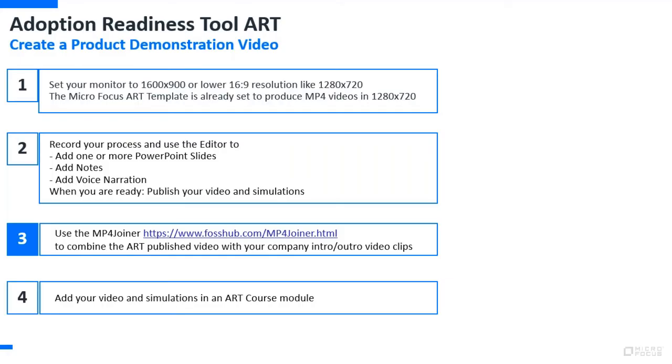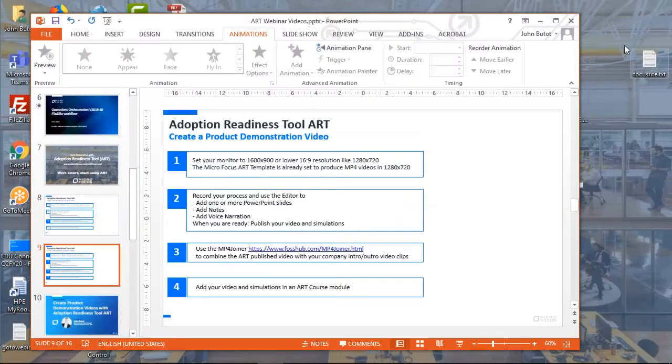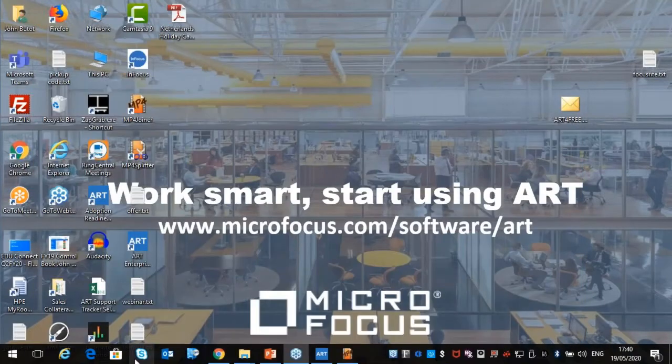Yeah, so at step number 3, we have now been using MP4 joiner to combine the ART published video with your company intro and outro video clips. As a next step, we can include your video and also simulations into an ART course module. And that's also really easy. So if you take ART,